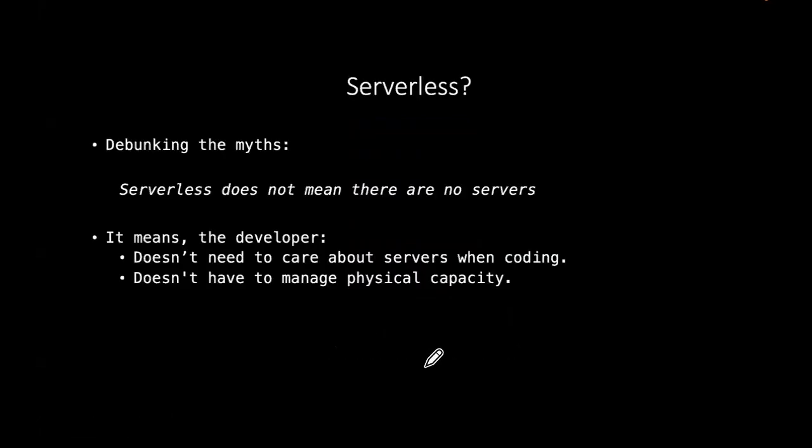So the first thing to say when we hear the word serverless, it seems to indicate that there are no servers involved, but that is not what it means. Serverless means that you, as a developer, don't have to worry about provisioning servers in order to run your applications, your traditional kind of applications.